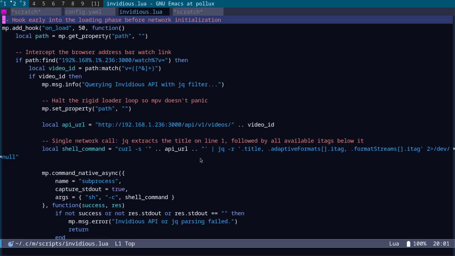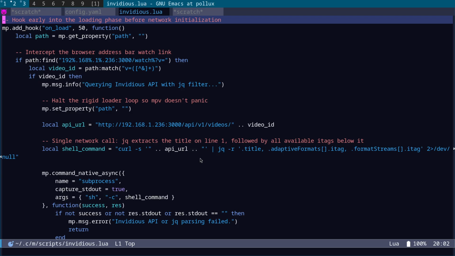do the equivalent of yt-dlp in that it will get the streams and it will get the title, except it takes less than 1 second playing the video with MPV and this Lua script, as opposed to playing a YouTube URL with MPV and yt-dlp, which you could see took up to 8 seconds, because what it has to